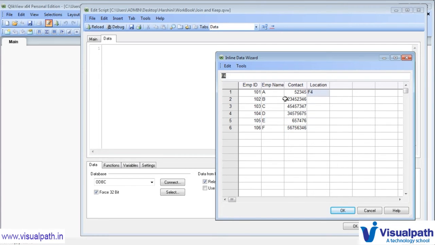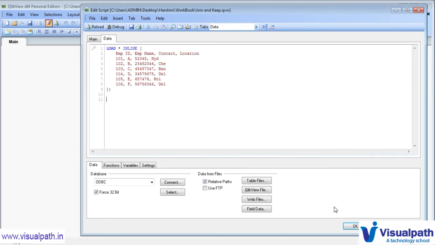And location, let's say Hyderabad, Chennai, Bangalore, then Delhi, then Kolkata, then Delhi, and I'll save this. So this table has been loaded. I'll give the name of the table as table 1, and I'll create another inline load.